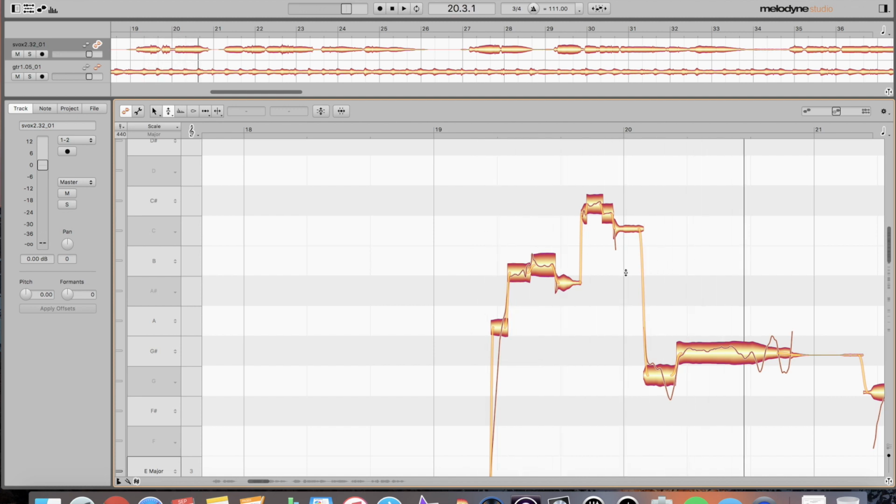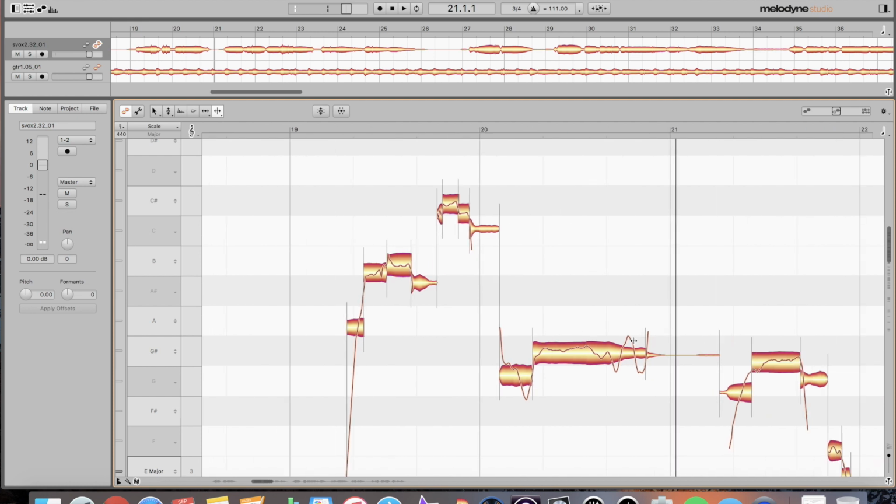So now we've got this first part moving. Now we're going to move on to this. This is definitely a big problem. It does not sound nice. So we can see right here that this is a main sustain of the note before it goes into the vibrato. So I'm actually just going to go ahead and cut that. And I'm going to cut right there. And we're just going to tune that